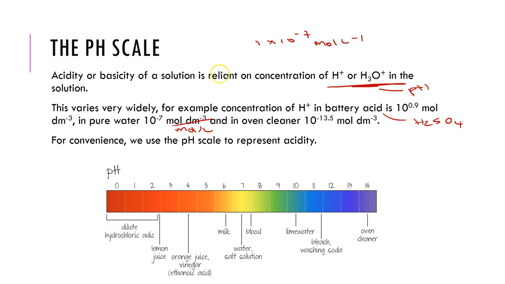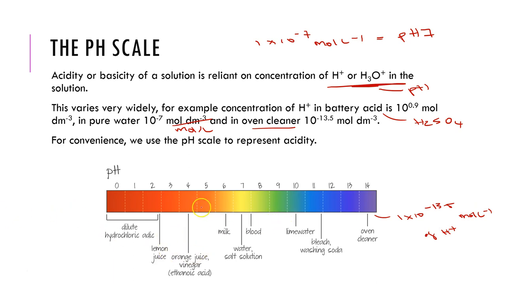So this is actually a very, very dilute solution, and if this is pure water, this is going to be the concentration in what we equate to be pH 7. Then in oven cleaner, we're talking about 1 times 10 to the -13.5, so we've reduced the concentration of H+ even further, taking us into what would be a base, because this is our oven cleaner down here. So in this region here, we're talking about 1 times 10 to the -13.5 moles per litre of H+,